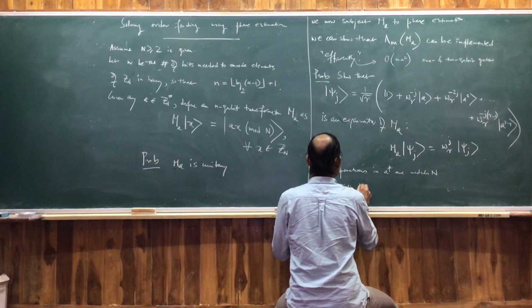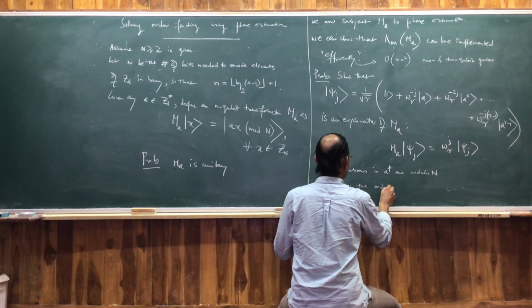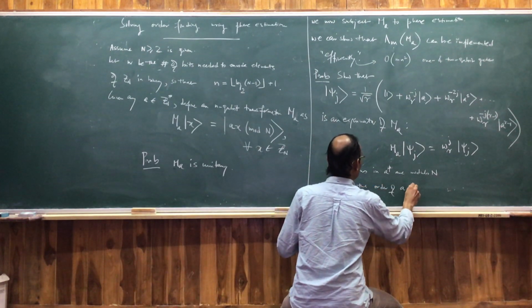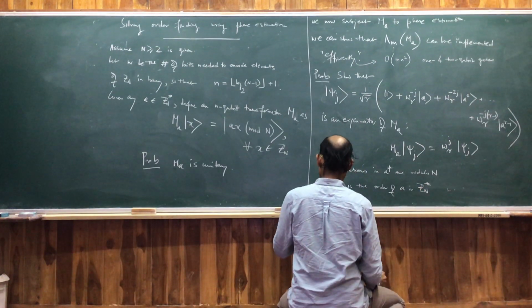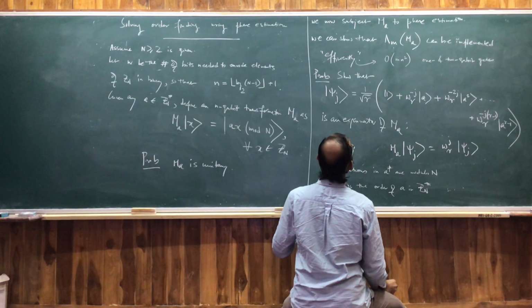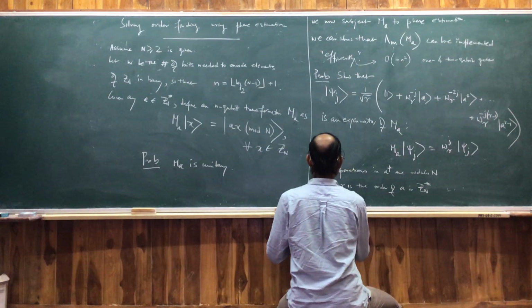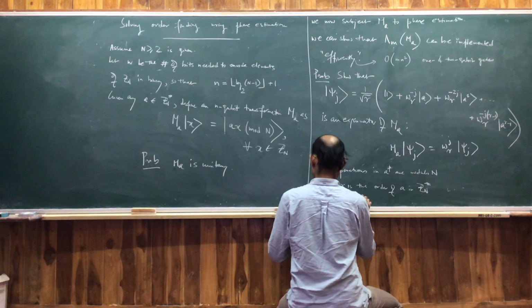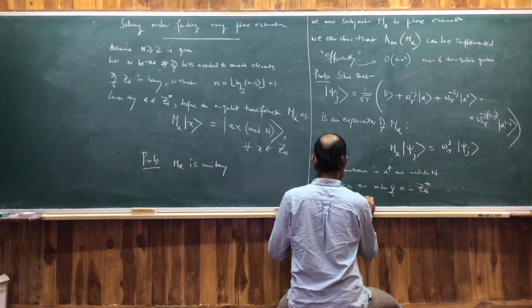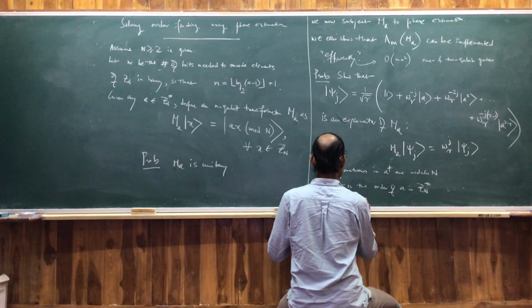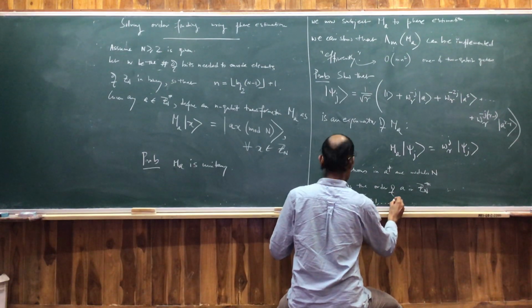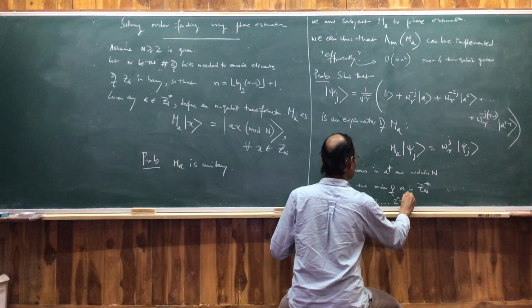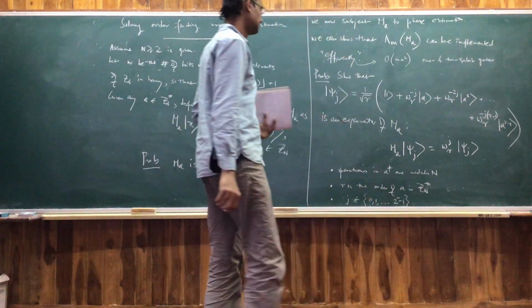R is the order of A in Zn star. And J runs from